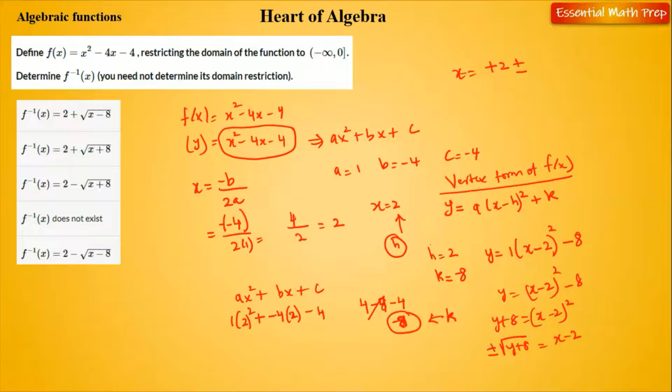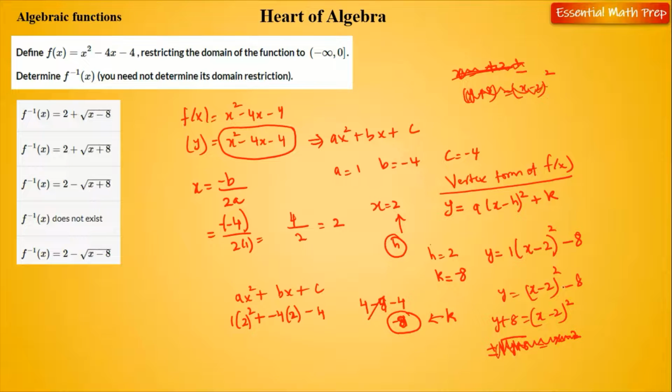Oh, actually we want it in y. So let's go back here. What I ended up doing was I did it in terms of x. We want it in terms of y. So we get this form, right? So y plus 8 equals x minus 2 squared, right? If you take the square root on both sides, that means y plus 8 equals, oh,